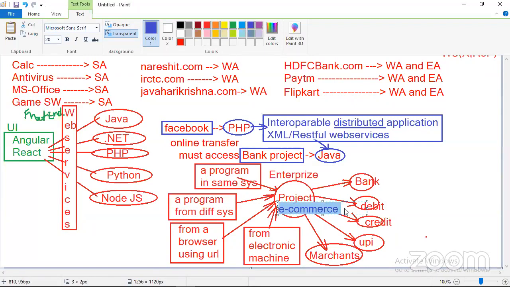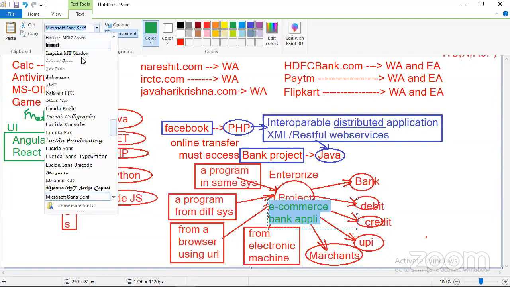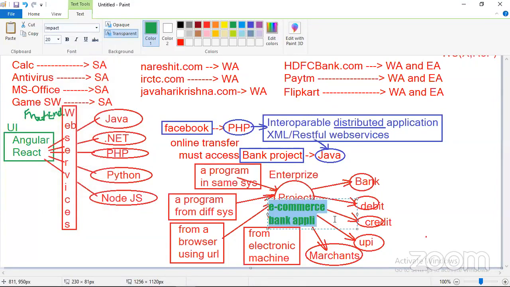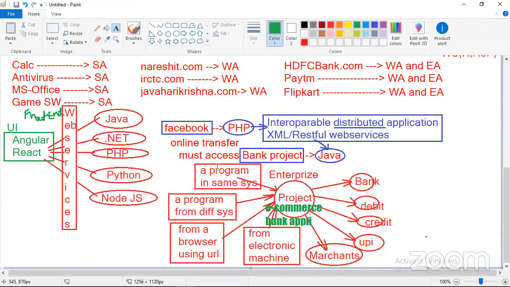E-commerce applications. Every e-commerce application and every bank application we can consider enterprise applications, because they are doing several operations and can connect with different other applications. E-commerce and bank applications are enterprise applications. I hope now everybody is satisfied.